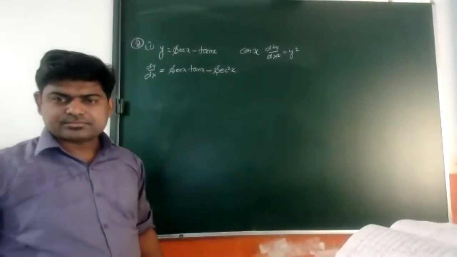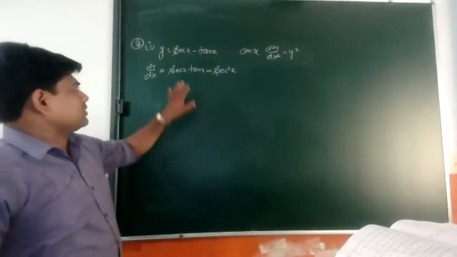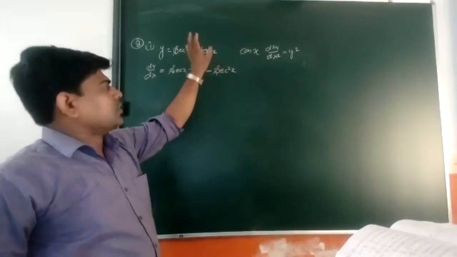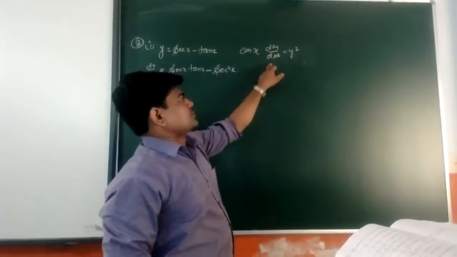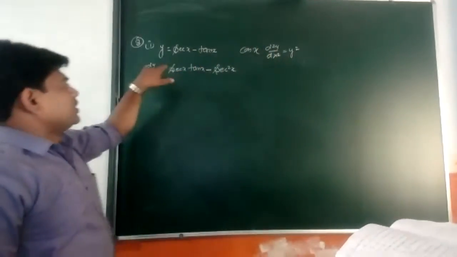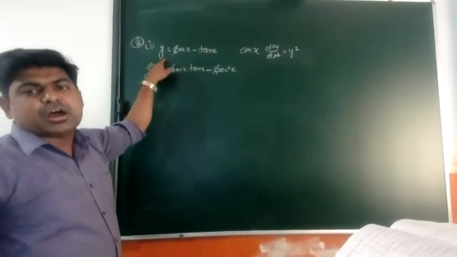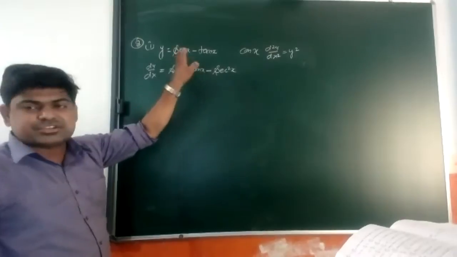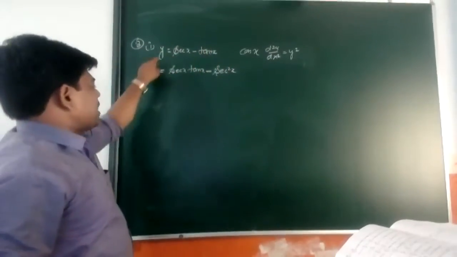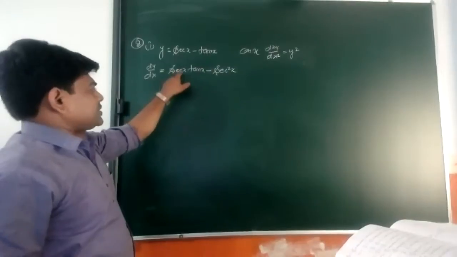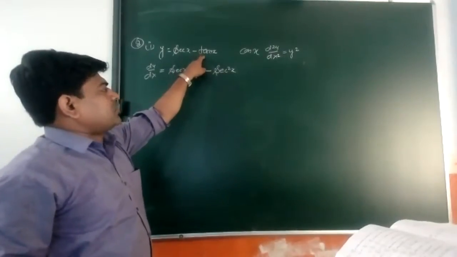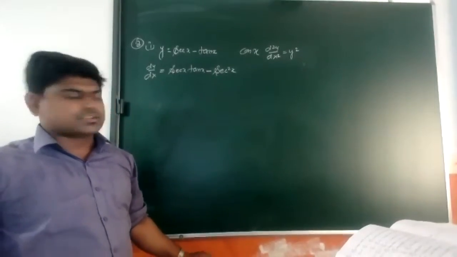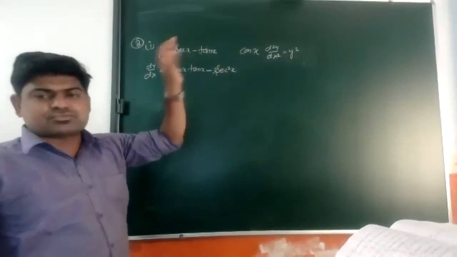So okay, now listen to me again. y is equal to sec x minus tan x as given. We have to prove that cos x into d2y by dx square is equal to y square. Here I have not done anything. Simply I got the differentiation of this one. We should write one line: differentiating with respect to x. So dy by dx, the differentiation of sec x is sec x tan x, minus the differentiation of tan x, which will be sec square x.